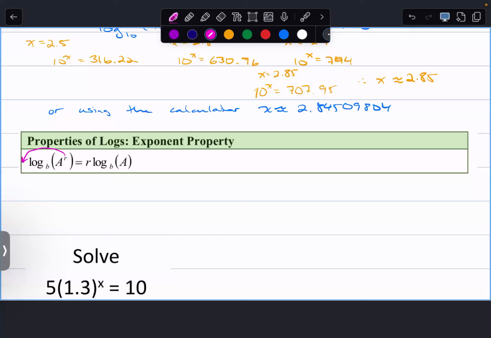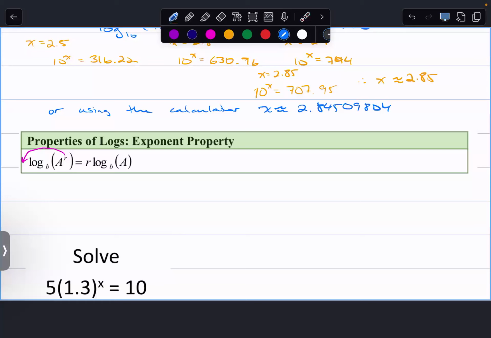And so that's pretty cool, which means you can wrap up any exponential function with a log, and the exponent property tells you that then you're allowed to rewrite it as r times the log base b of a. Of course, you're allowed to move in the other direction as well, and sometimes we do to simplify things, but usually I use it in this direction where I use a log to try to move that exponent down in front.